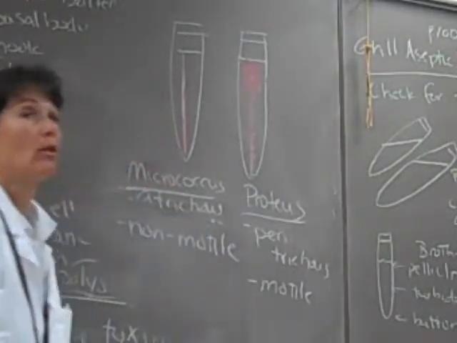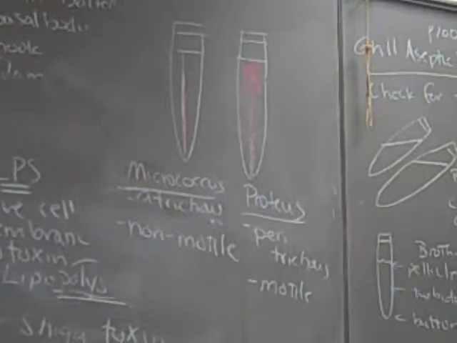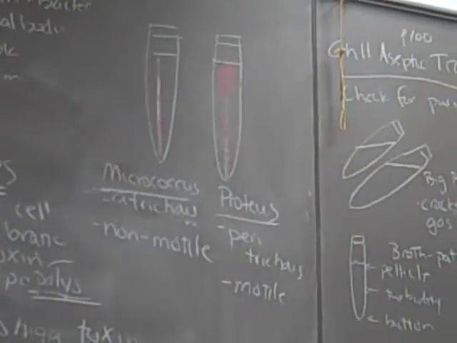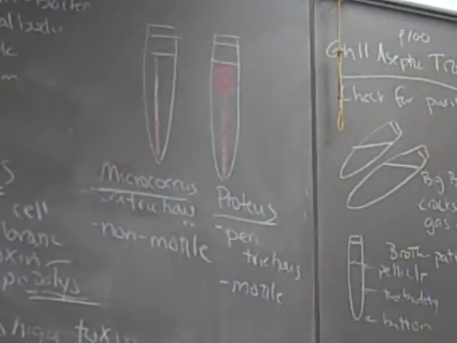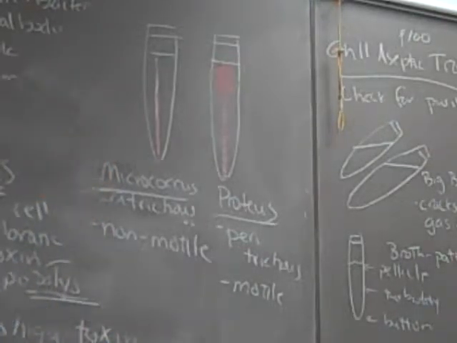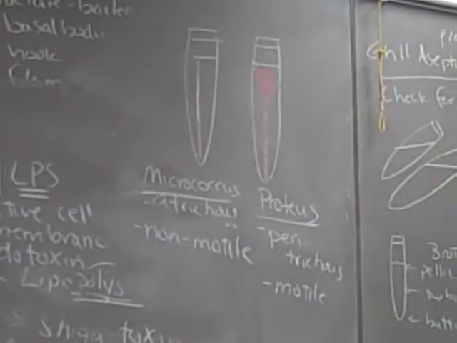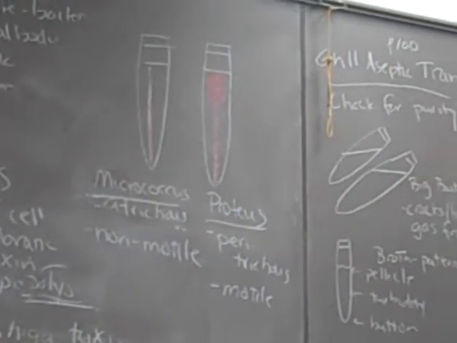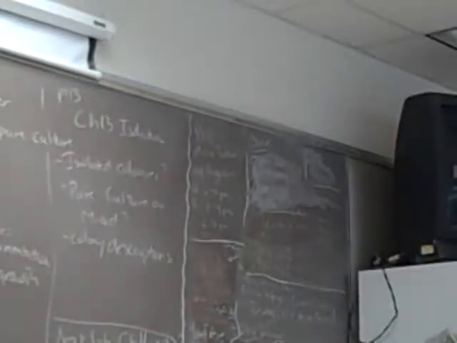But sadly, our Proteus didn't exhibit much motility, and it might have been my fault for us going at 37. Maybe they would have been happier at 30 degrees Celsius, right? So I do want to apologize that that didn't work for us. And I totally understand why you guys are concerned. The follow-up question would be, well, since our tubes didn't work that great, would you still have them on the lab practical? And I think what we'll do